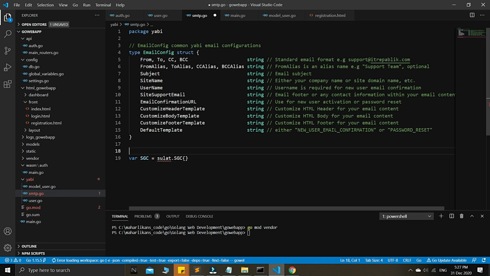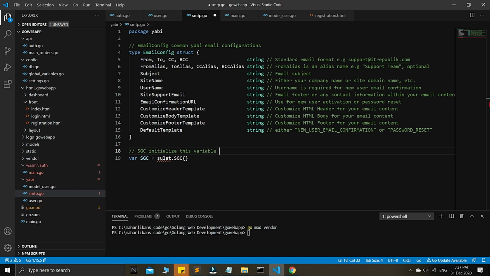We just want to initialize this global variable, guys, for the Sulat package. Okay, this one is for the SendGrid, guys. Right now we are using SendGrid SMTP, so that we can send automatic email to our